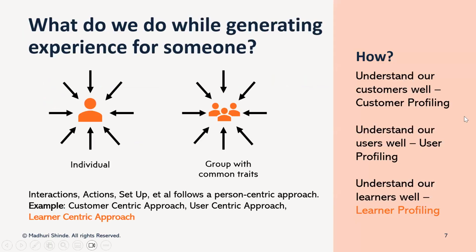Okay, this slide has a lot of things, but let me quickly show you what it says. What do we do while generating experience for someone? I am a mix of text and visual person, so this is a small diagram, but I have used extremely simple diagrams. There is an individual at the center, and then I have correlated it with the group. These arrows mean everything that we do with that person, whether it's interactions, actions, or the setup in which we are meeting that person,